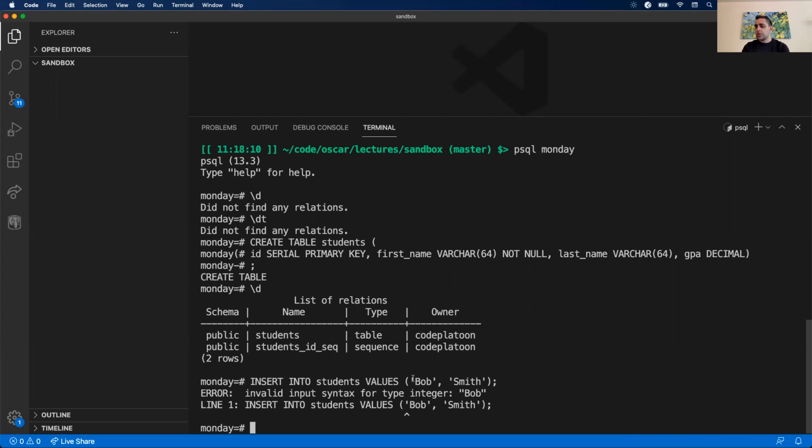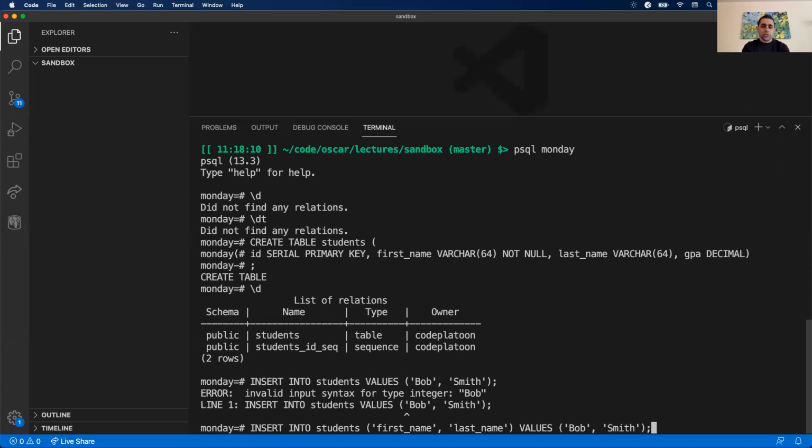Enter. So okay, in this case, it's trying to insert Bob as the ID. So I need to specify what columns I'm inserting into. So insert into students, and let me tell it what fields I want. In this case, I want first name and last name. The problem is I have ID as a field, and by default it's going to think the first value maps to ID. It's like kwargs, where you have to specify what field names you're trying to set. In this case, first name, last name. So insert into students, specify the field names and values, and Bob Smith,